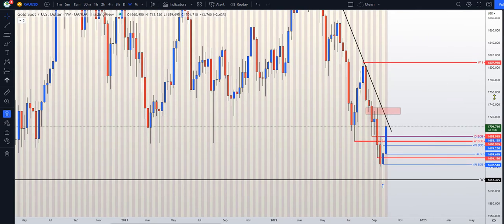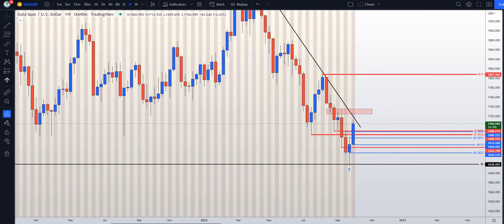If we look at the weekly time frame, we have just come and printed new lower lows on the weekly time frame. We have come back above this previous weekly low, but we are coming into this zone here where we got these candle bodies and these candle bodies right here. That is a potential resistance zone right here, right? And we've just tapped into that right now. So keeping that in mind,